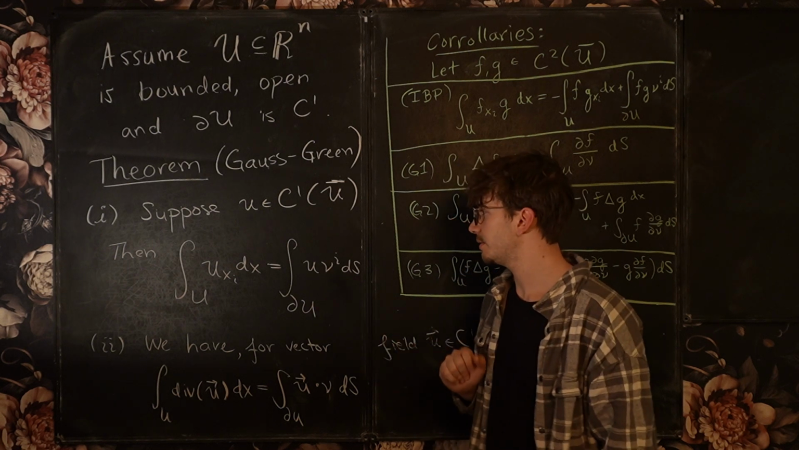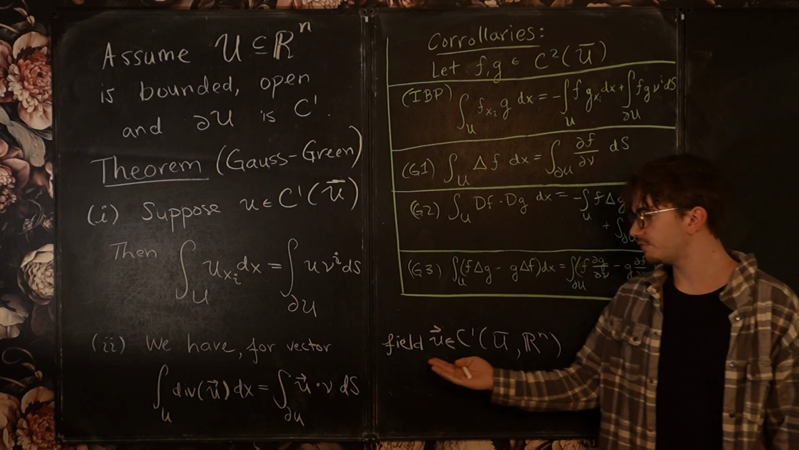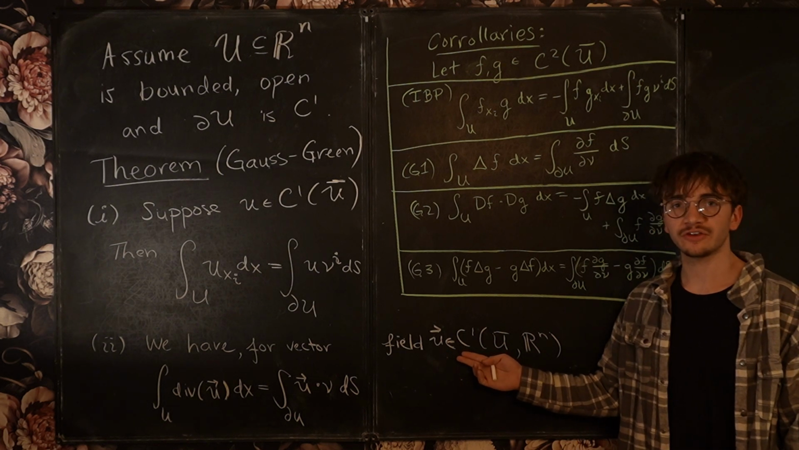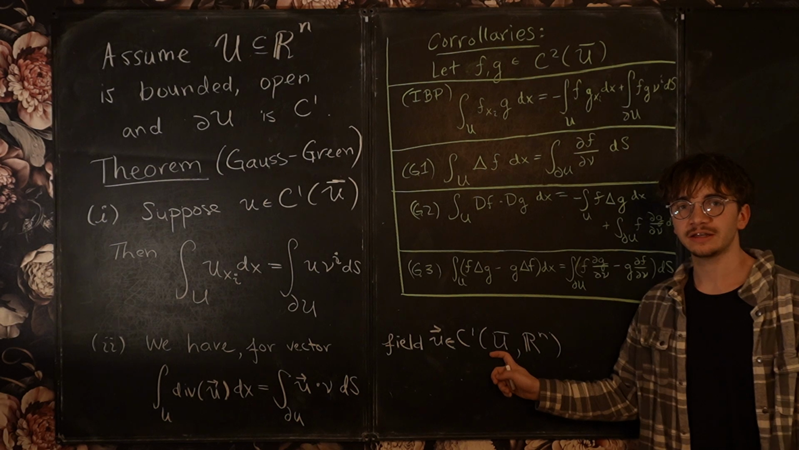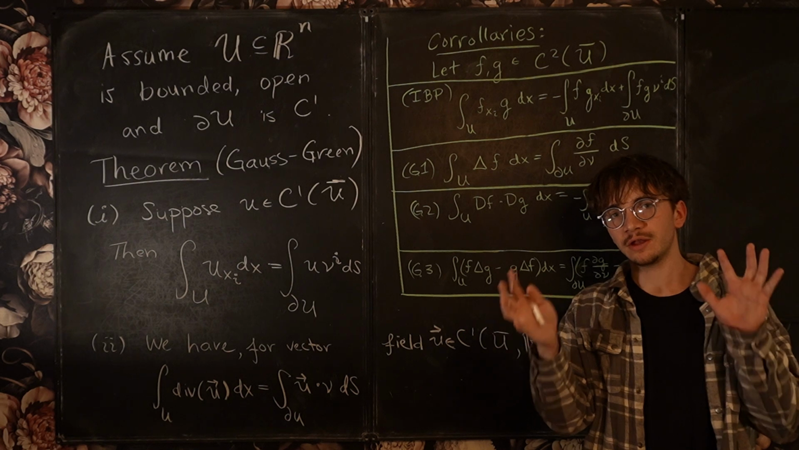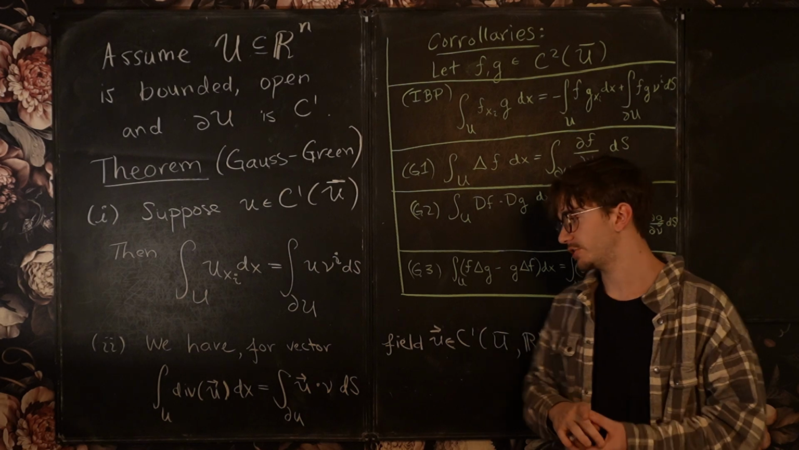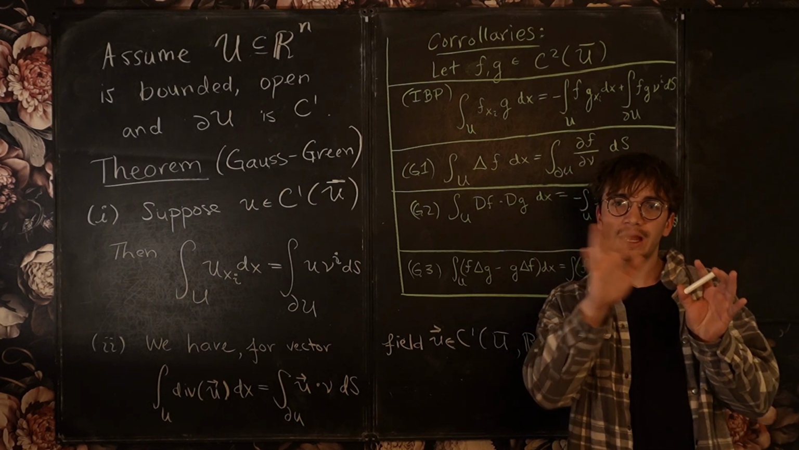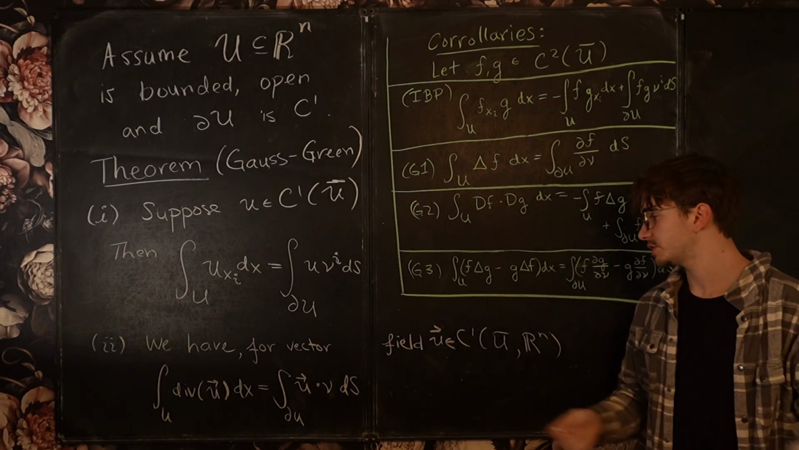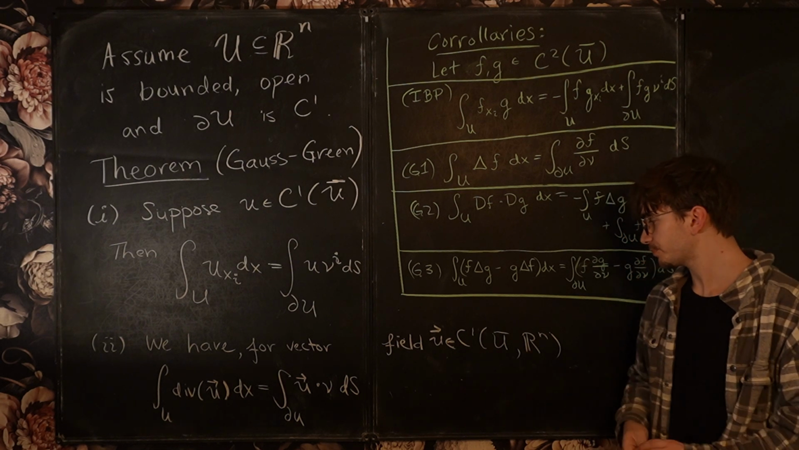Okay. Now, part 2 of our theorem states that for a vector field u hat, which is a continuously differentiable map from our open set and its boundary into Rn, so think about every point in our open set, capital U, and its boundary, we attach a vector belonging to Rn, and this assignment of a vector field, these vectors change in a continuously differentiable manner. Okay,